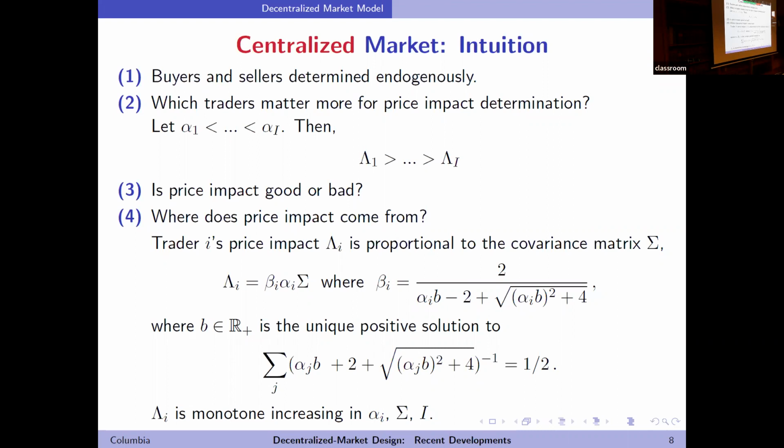And so what's the lesson from these simple pictures of the markups, or of price impact on market power? Whether market power is good or bad depends on the relative concavity of the buyers and the sellers. This is a model with two-sided market power. And when we talk about Cournot or the model of monopoly, this is a model with one-sided market power. And here, both the buyers and the sellers, in fact, everybody's large. So this is how we can reconcile these intuitions.